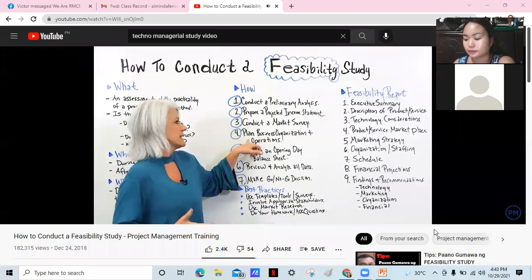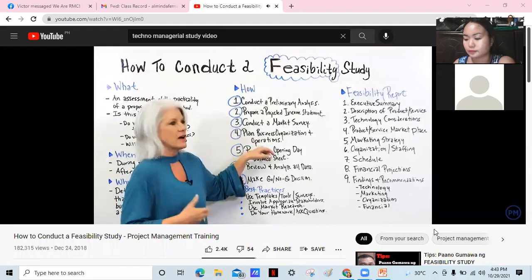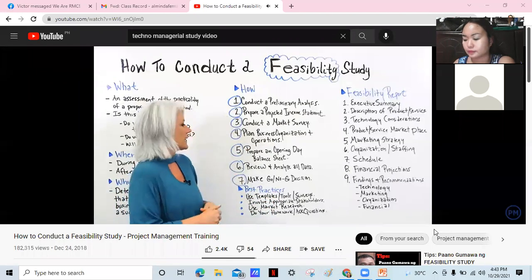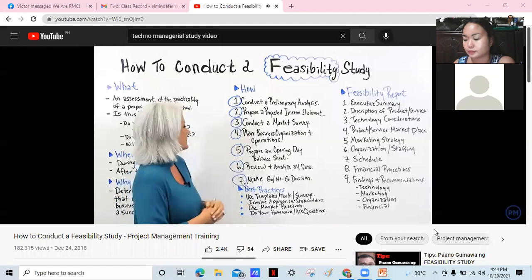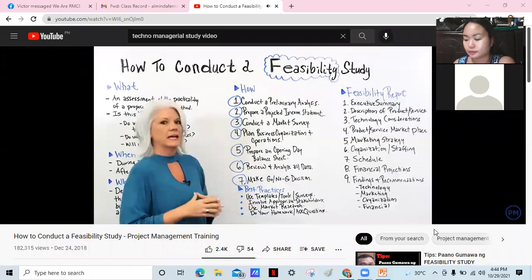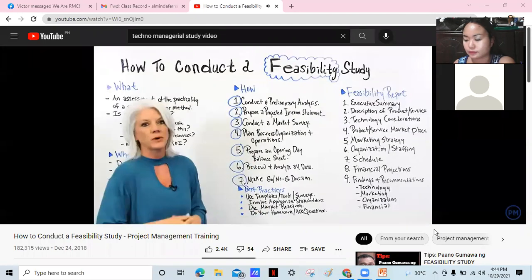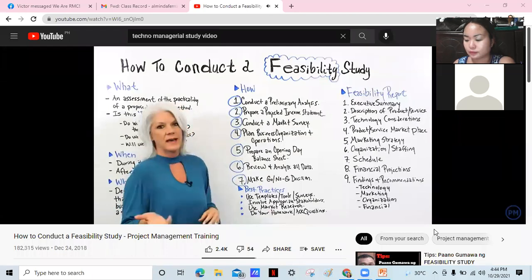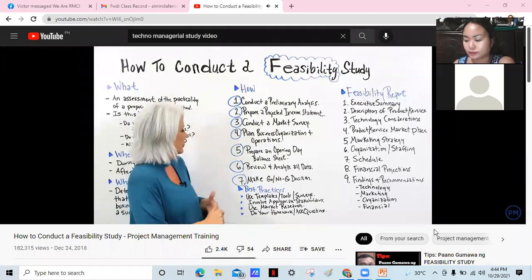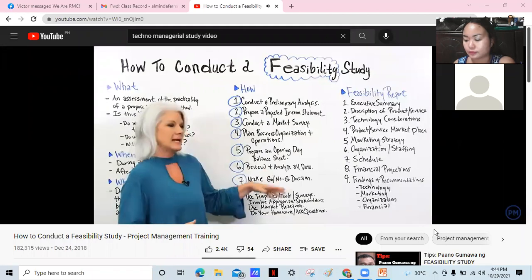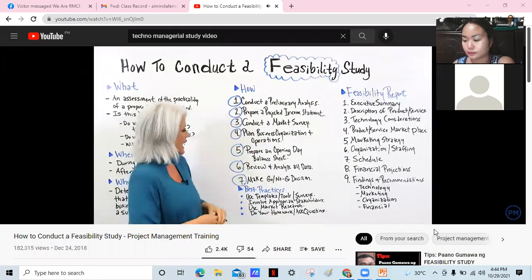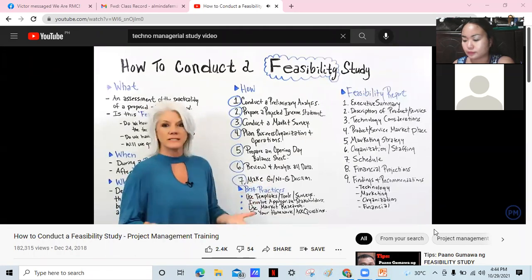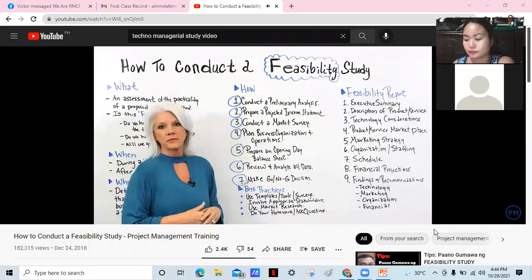The fourth one is plan the business organization and the operations. Like, what is the structure? What kind of resources do we need? What kind of staffing requirements do we have? We also want to prepare an opening day balance sheet. What are the expenses, what's the revenue, and to ensure that we are able to determine if we're going to make our ROI. So we want to review and analyze all of the data that we have, and with that we're going to make a go, no-go decision, meaning are we going to do this project or this business